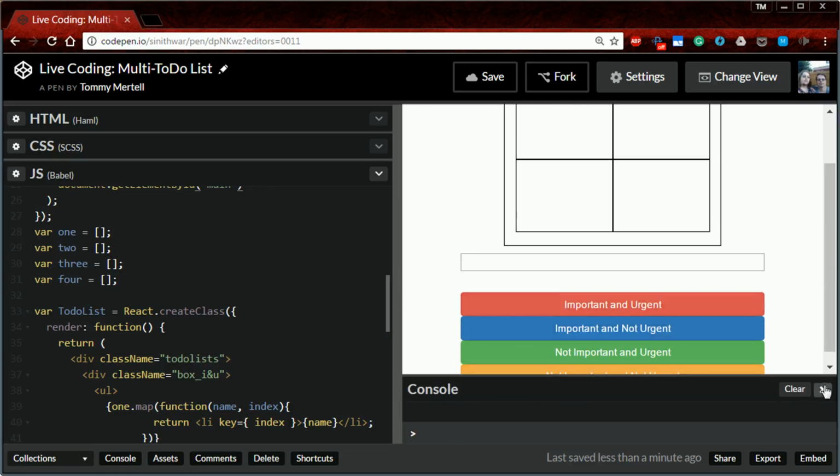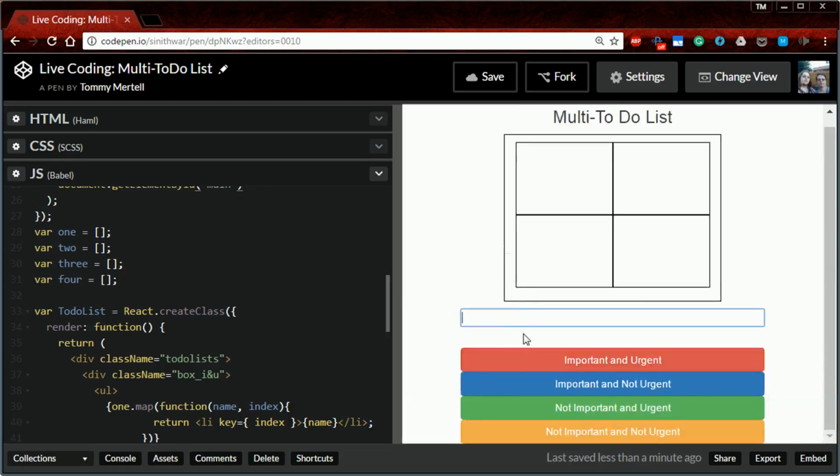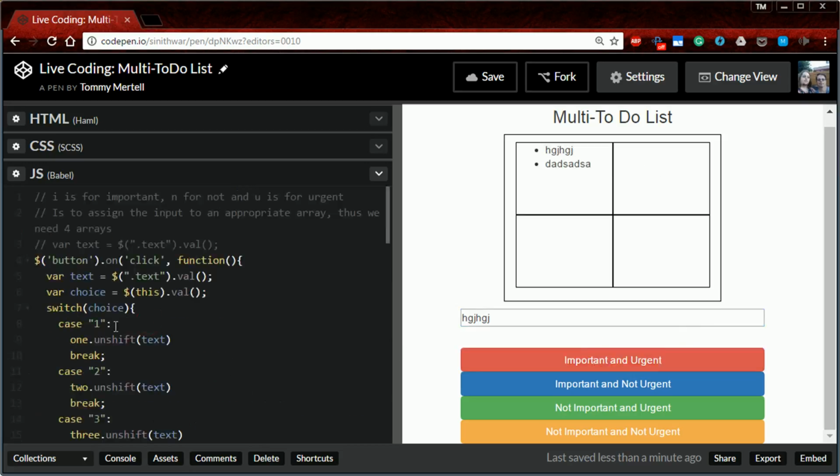I want to show you that this is in fact working. So we're just going to put some random stuff in here, and then we're going to put some more random stuff in here. Okay? Right. So the first thing that I actually want to do is I want to clear this text out. Now, I believe I can just grab this